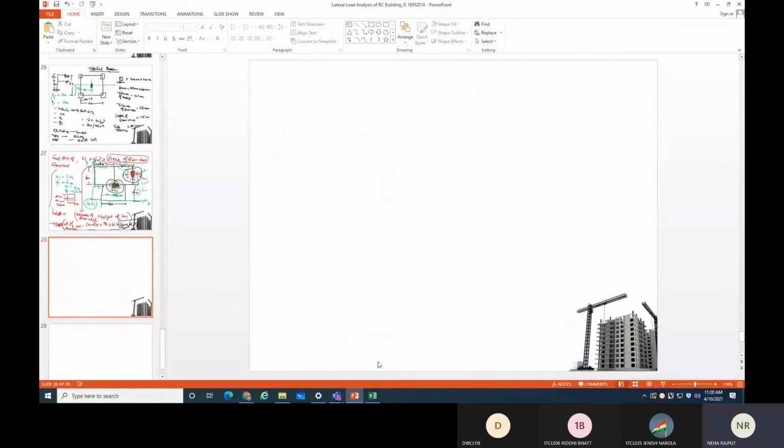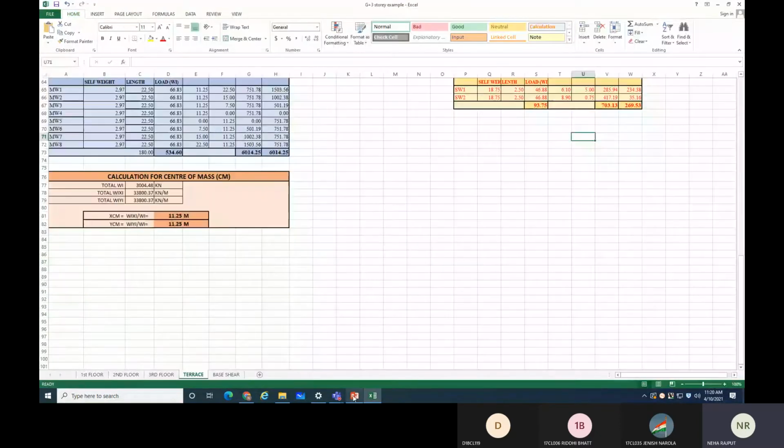So this is about the base shear calculation. Again, I am repeating what you need to do. The very first, to find the VB, you require two terms. One is known as horizontal acceleration and the second one is known as seismic weight of the building. This seismic weight of the building you can find by finding the seismic weight of each and every floor. Right, seismic weight of each and every floor means weight of structural elements.